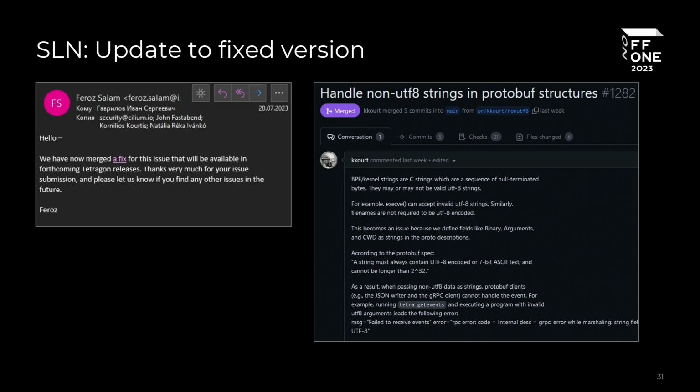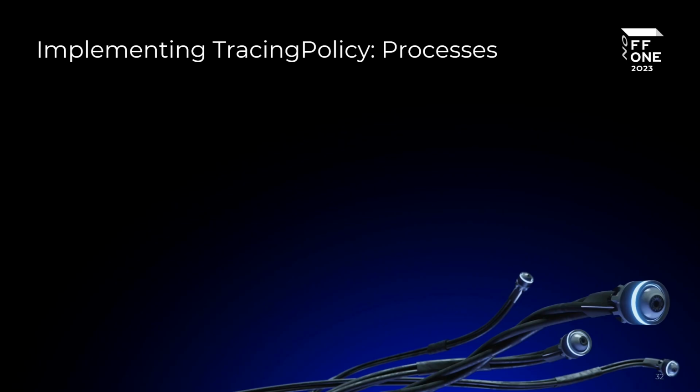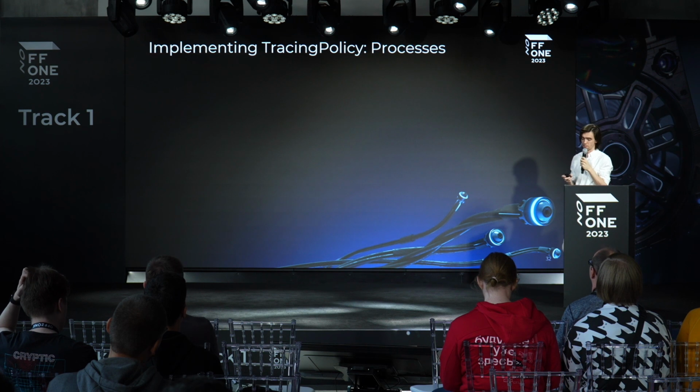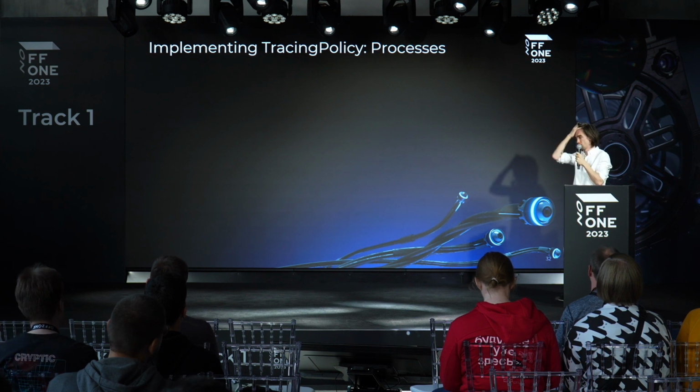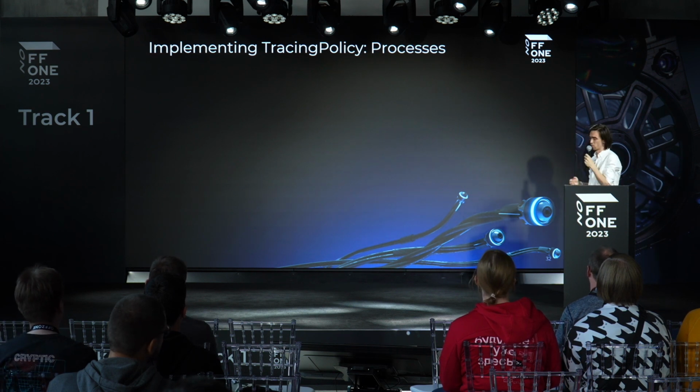They already fixed it. So if you use Tetragon in your company to protect your Kubernetes or Linux hosts, you can download an updated version. And since in Tetragon by default we don't have any rules for identifying malicious actions,